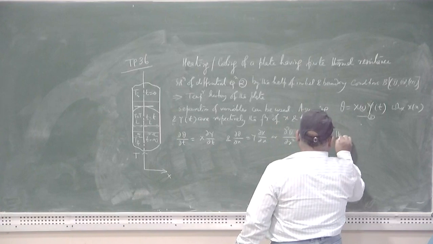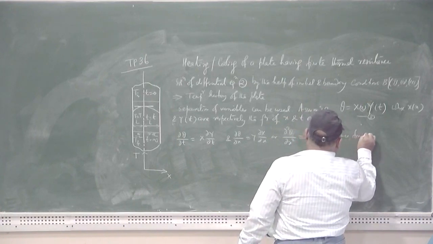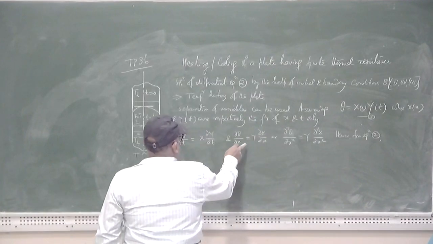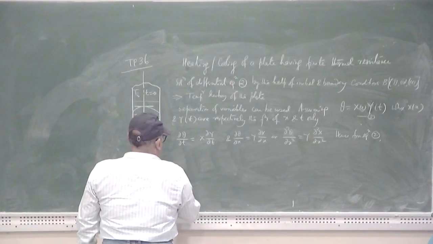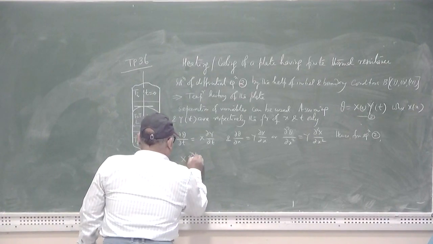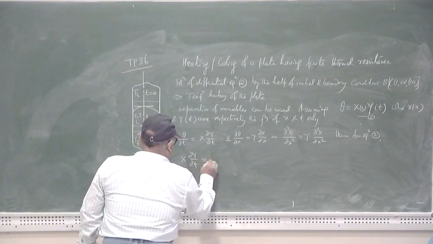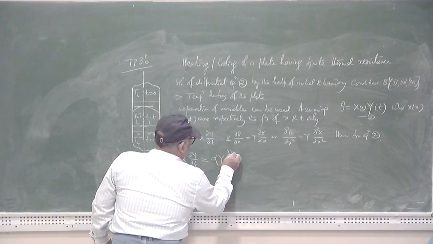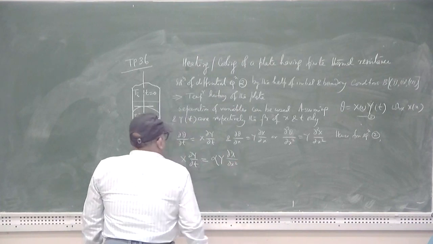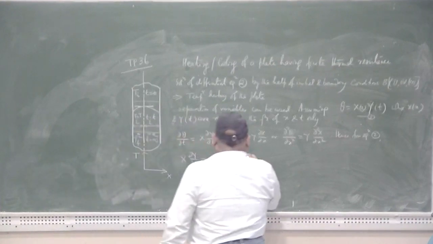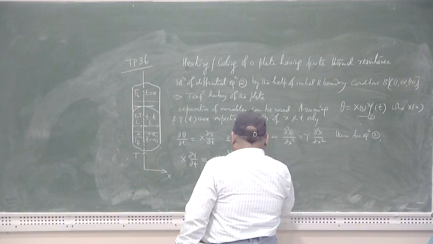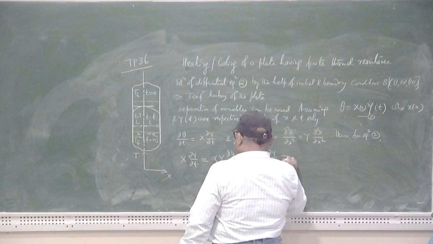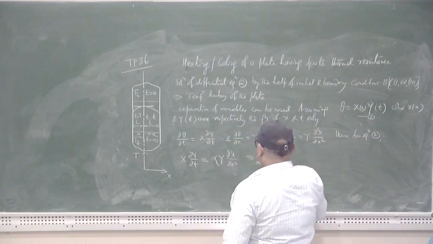Hence, putting equation number 2 in this equation, ∂θ/∂t, that is x dy/dt, should be equal to alpha ∂²θ/∂x², that is alpha y d²x/dx². Or we can write 1 by alpha y dy/dt is equal to 1 by x